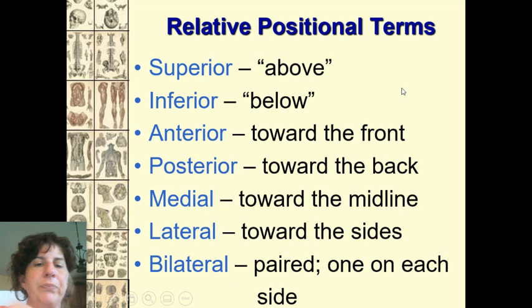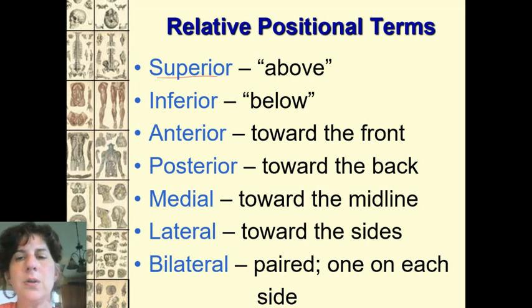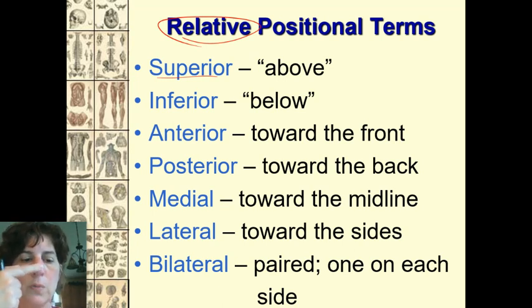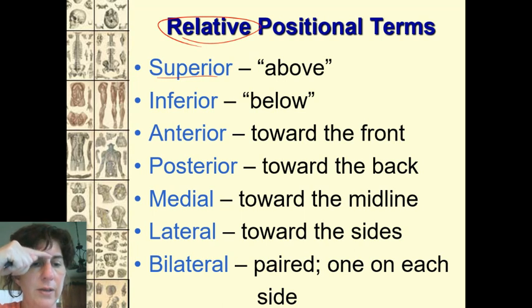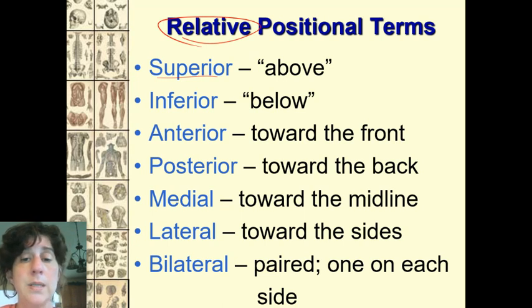All right, other terms. Superior just means above, and these are all relative. Key here. Everybody wants them to be objective. It's always superior. Well, it's not. My nose is superior to my lips, but my nose is inferior to my forehead, right? So you can't just say my nose is superior. It has to be in relationship to something else. It's only superior to anything that's below it. So lips, chin, whatever, it's superior, but it's inferior to anything above it. So you have to qualify your statements and say, what is it superior to, or what is it inferior to?